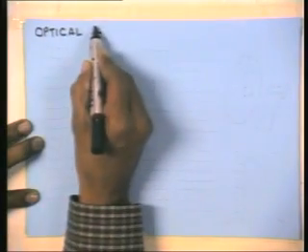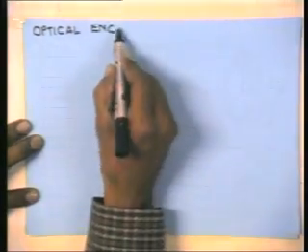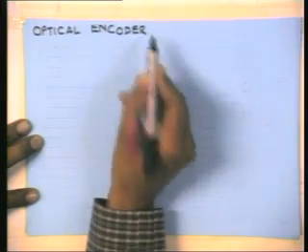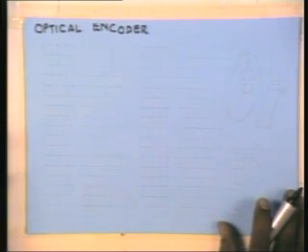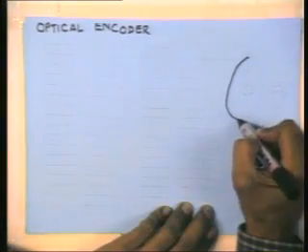Okay, let's now look at another type of position sensor called optical encoder. Optical encoders are useful because they don't have any contact. In the potentiometer you had a film resistance and you have a wiper, and that creates problems of noise. In an optical encoder, on the other hand, we have a disk which is coded. So we have a situation where you have a round disk,